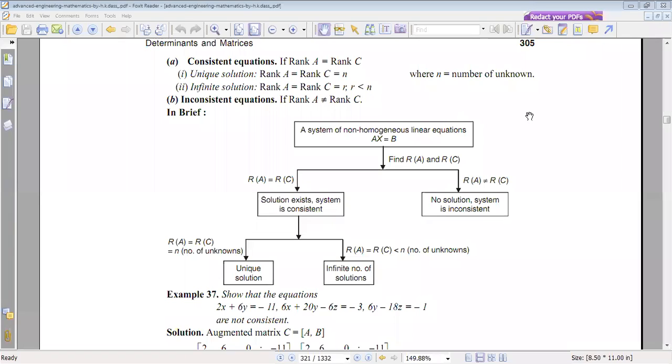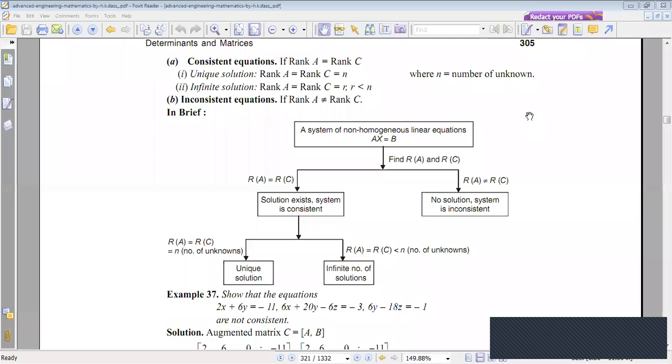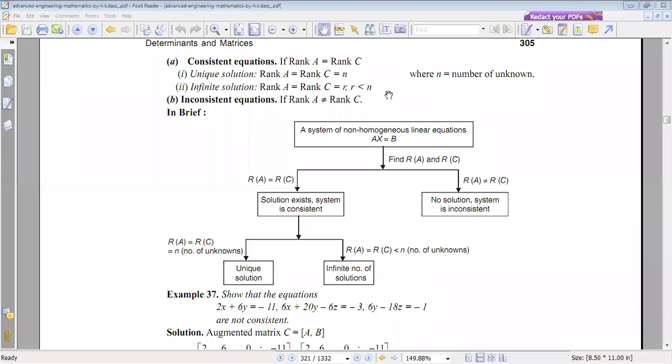See here, in the last class, I have already started the consistency of a system of equation. Okay, consistency of a system of equation. Clear? Keep silent. Okay, see here. So when a system is said to be consistent,